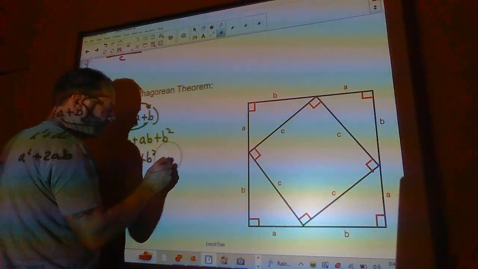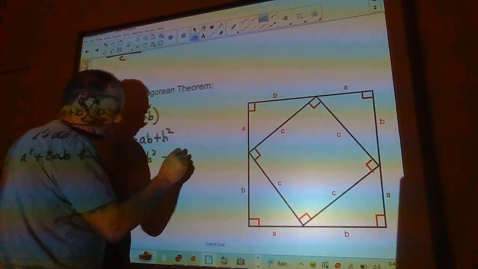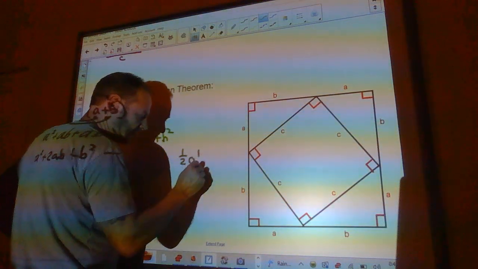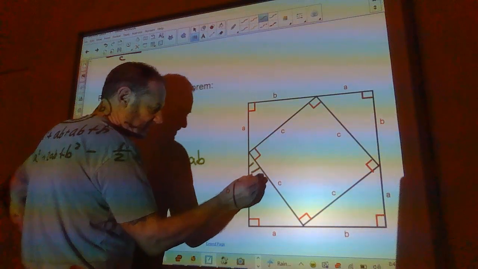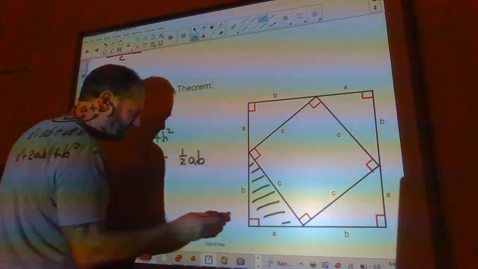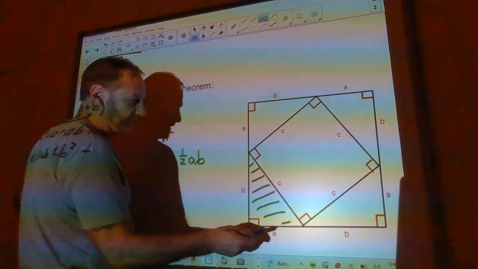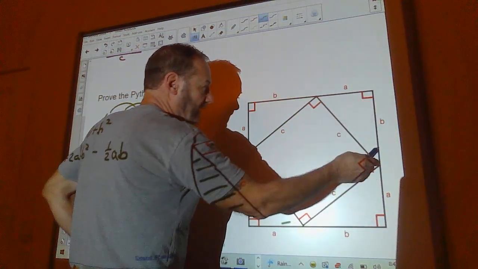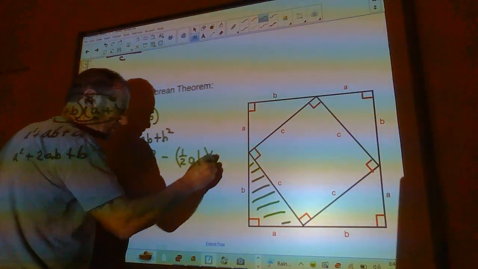So I don't want equals here. I'm going to subtract 1/2 the base, which is going to be a, times the height, which is going to be b. That's going to be this triangle right here. I'm going to cut this off of this whole entire area. Now, there's 4 of these triangles that are all identical. Base is b, height is a, base is a, height is b. Same thing over here. So I'm going to take this times